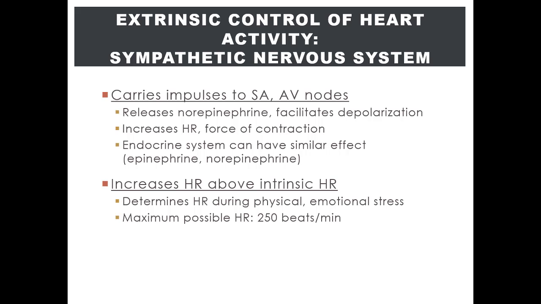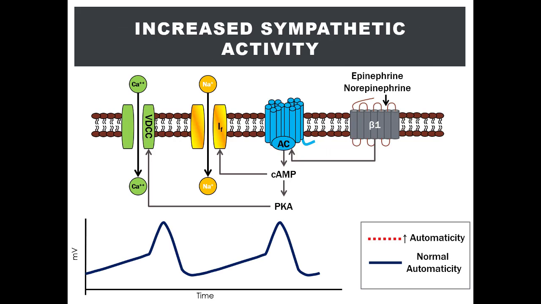So let's discuss specifically how these catecholamines, whether as a neurotransmitter or hormone, cause increased SA node automaticity or simply activity. So as I briefly mentioned earlier, the increase in SA node activity is reflected by an increased rate of depolarization and thus action potential production. So it would make sense that the sympathetic activity increases the rate of depolarization through the processes that cause depolarization in the SA node, which is sodium influx via funny channels and calcium influx via T and L-type VDCCs. So as I mentioned, increased sympathetic activity accompanies an increase in norepinephrine and epinephrine, your catecholamines.